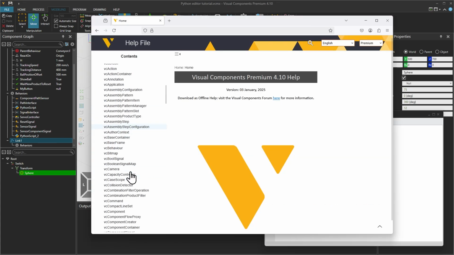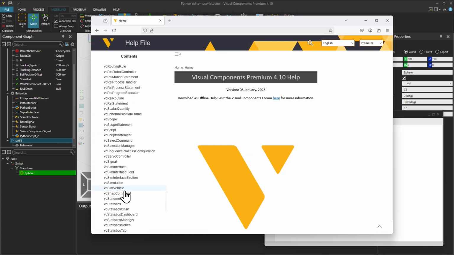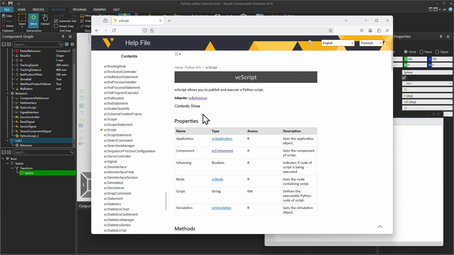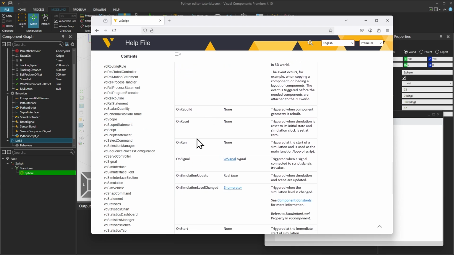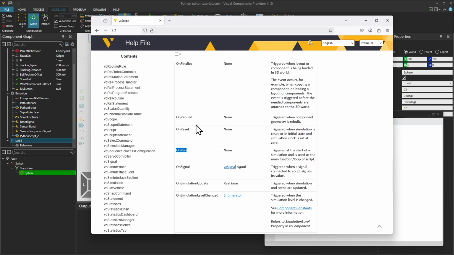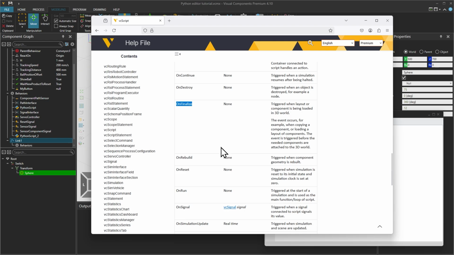In the Python API section of the Visual Components Help documentation, we can check the reference guide under VCScript for more detailed information. The most common are onRun. This is the main program that runs during the simulation. OnFinalize. This handler is called when a layout or component is loaded into the 3D world.